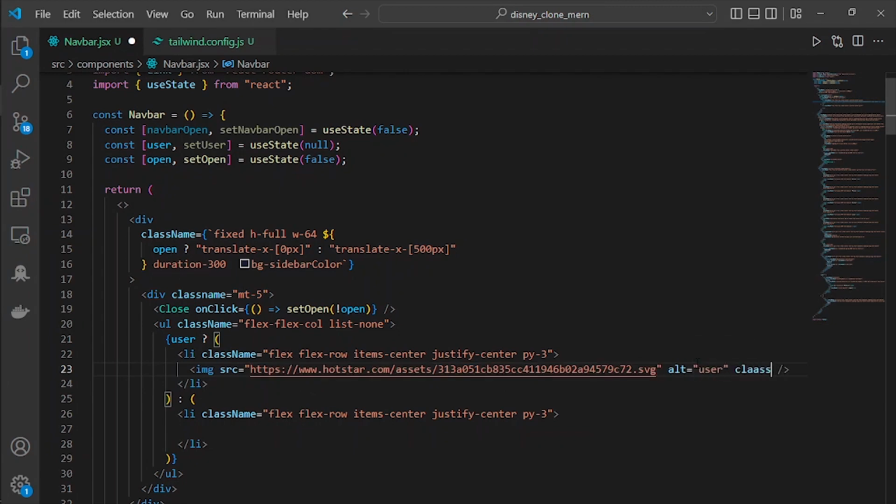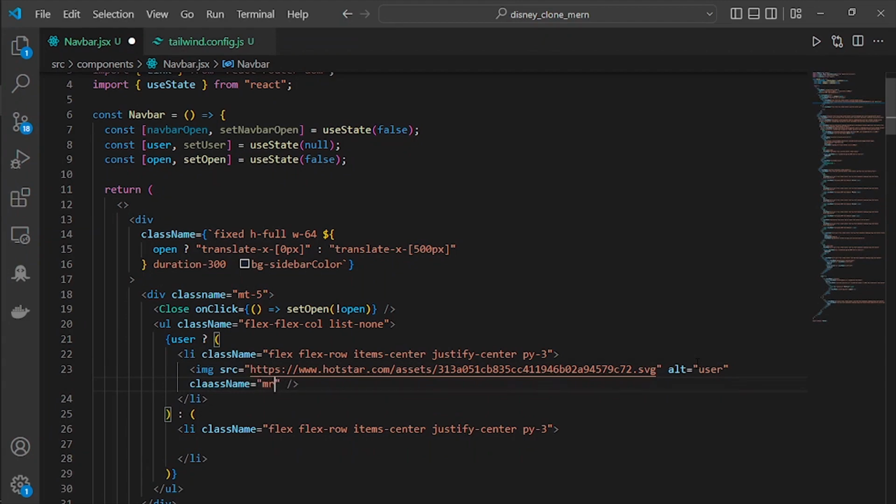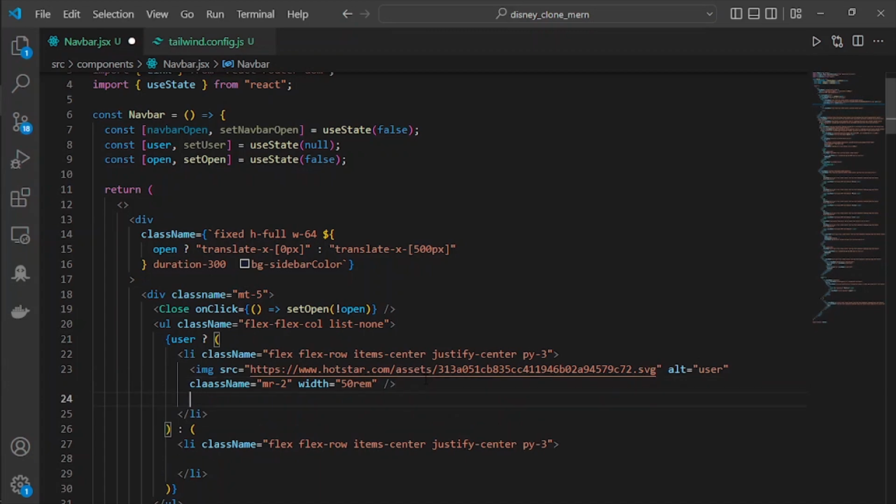For the class name, it's going to be mr-2, and the width is going to be 50 rem. Save it, and now below this we are going to have a span with a class name of,